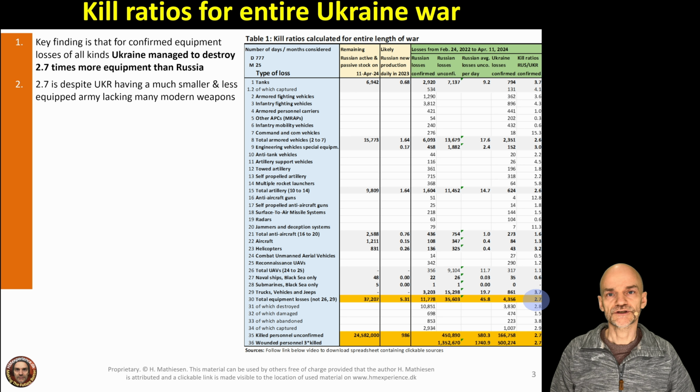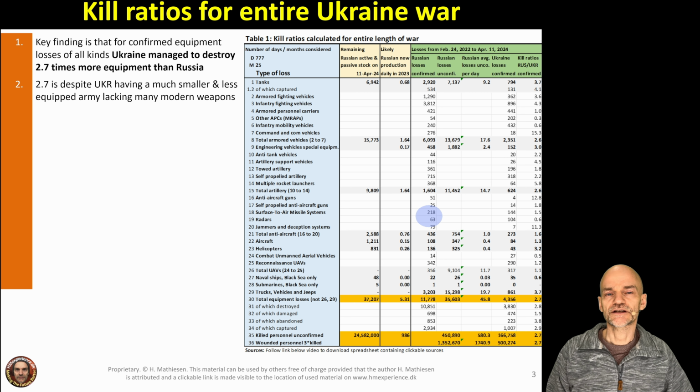Another weapon that Russia has plenty of, and Ukraine doesn't, is ballistic missiles, cruise missiles, and also long-range drones. Russia can attack Ukraine every day with, I'd say right now, about 60 of these weapons every day. These are heavy weapons that can attack all over Ukraine, and Ukraine doesn't have the air defenses to shoot all of these missiles and drones down. So that's another area where Russia simply has better military equipment than Ukraine has.